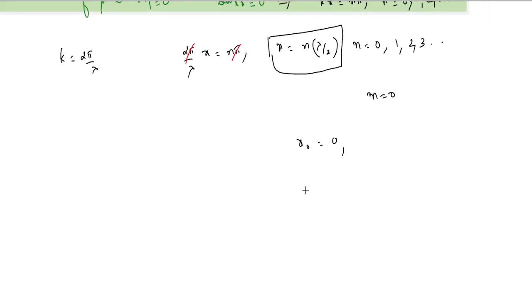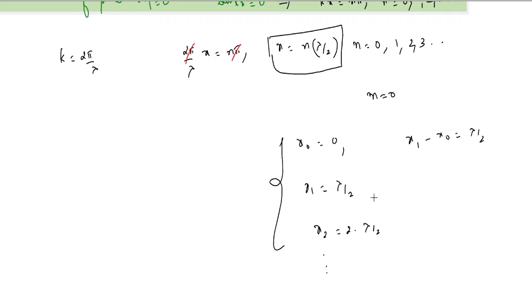When we put n is equal to 1, we call it x1, that will be lambda by 2. When we put n is equal to 2, we get x2, which will be 2 times lambda by 2. From here, we can keep writing it. If we look at the distance between any two nodes, for example, if we take the difference x1 minus x0, it's